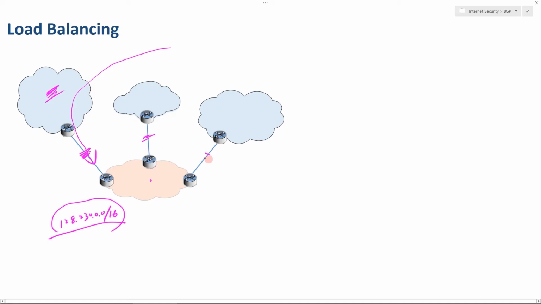What if I want to distribute my load? So I want this one to get some, this one to get some, this one to get some. So what do I do? I can use deaggregation. I can announce 128.230.0.0/16 to here. I can still announce to here, but I'm going to announce the